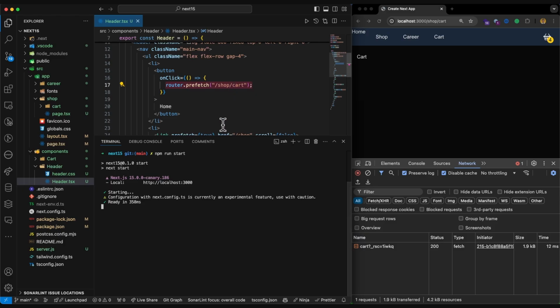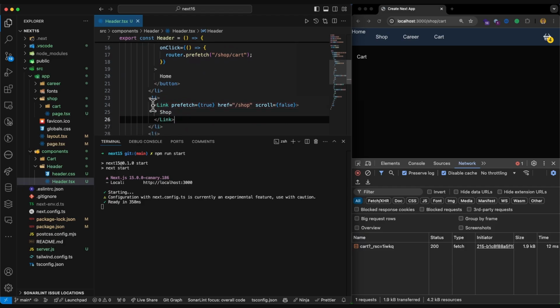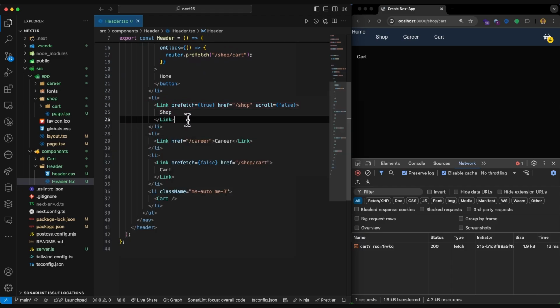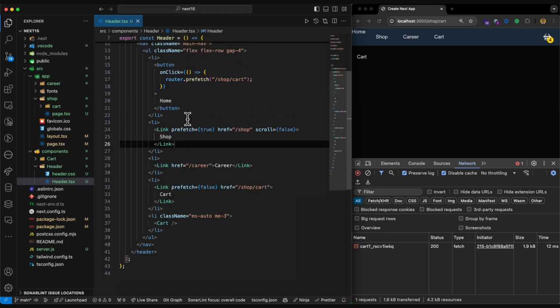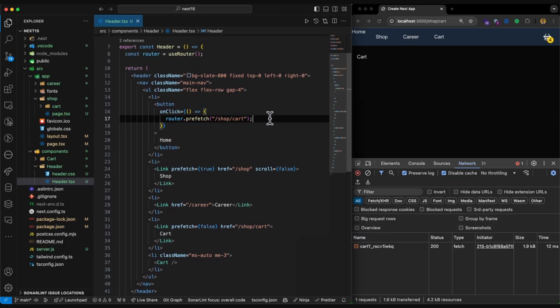I hope you get the idea of prefetch. So far, everything that we had was possible via Link as well. We could have all of these functionalities in the Link component, but there are some cases, of course, where you want to do it manually. And the next method I'm going to explain is